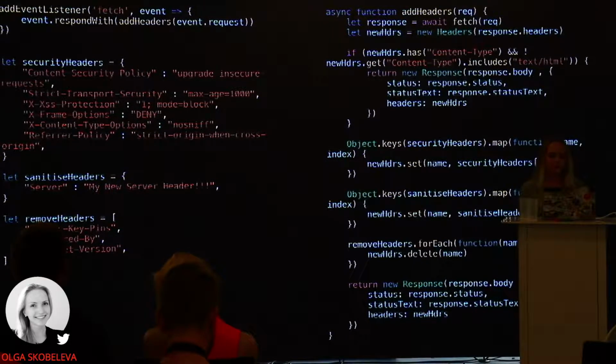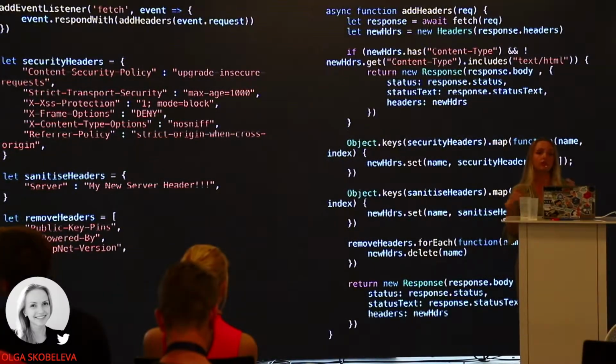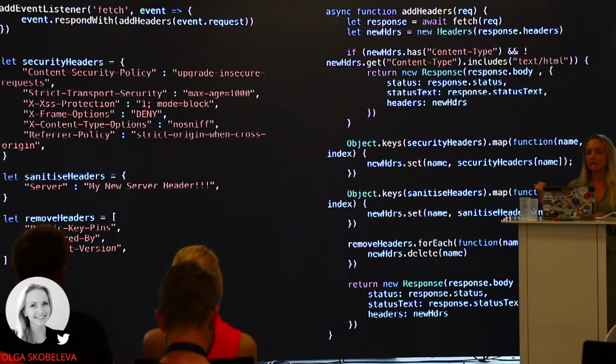Less for people who are familiar with this, right? And then it takes 30 seconds to deploy to every single data center in Cloudflare. So you can start using it on every single location after 30 seconds. So it takes 10 minutes, 30 seconds to basically insert any headers, any security headers, update your CORS headers, your